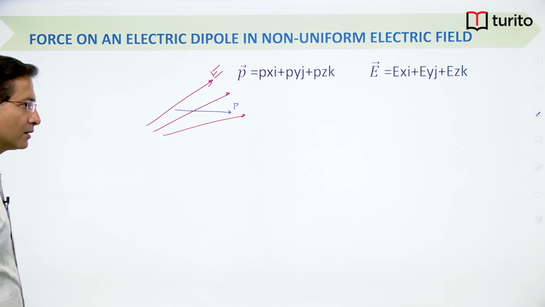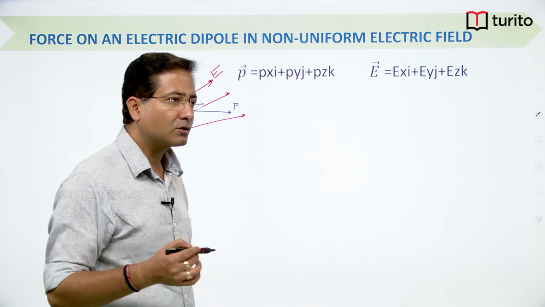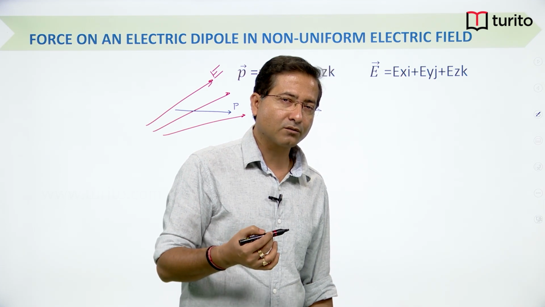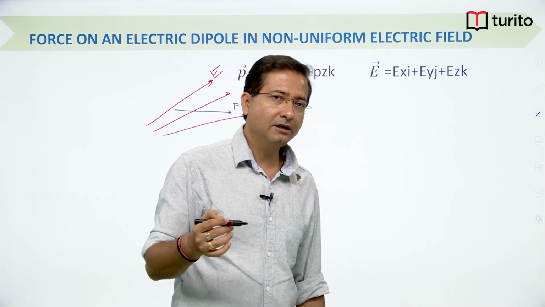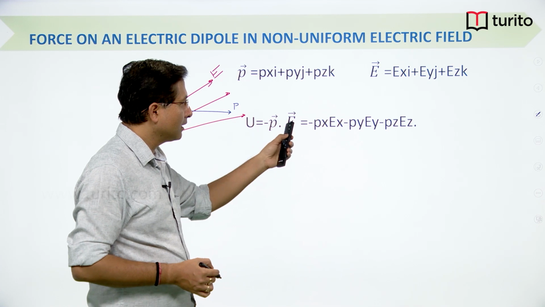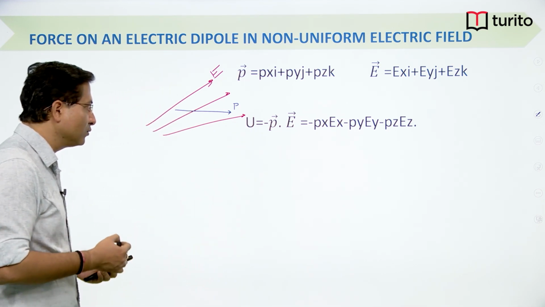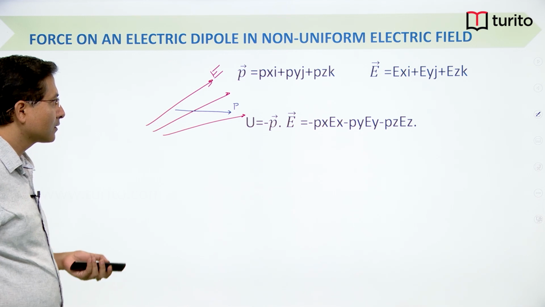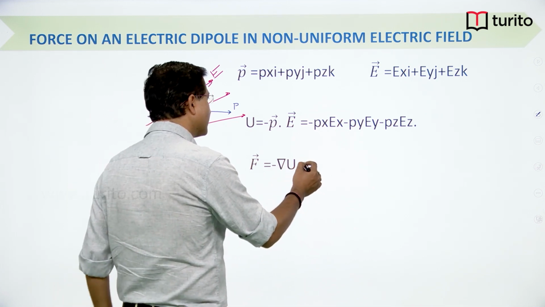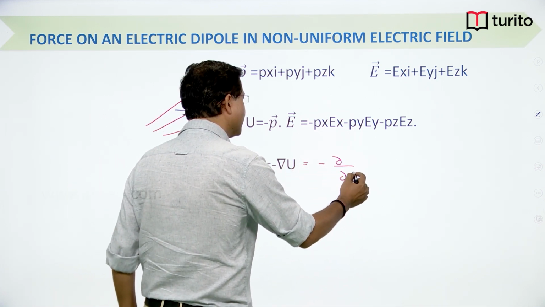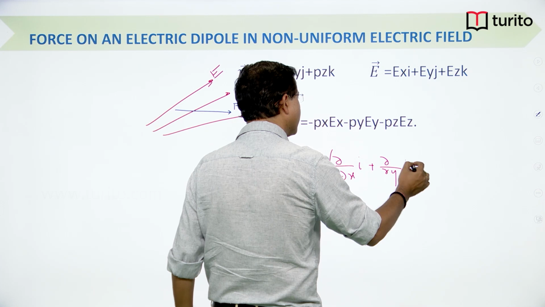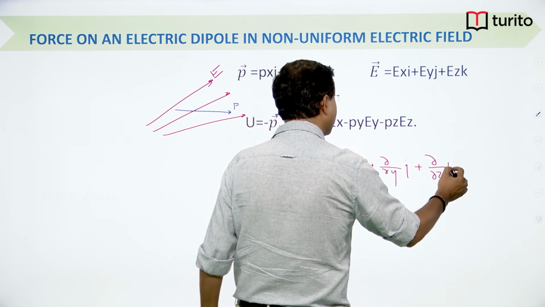We can easily calculate force using the potential energy expression, and we know the potential energy of a dipole placed in an electric field was minus P dot E. So if I differentiate this U with respect to r, I will get force. So for force I can write in this format, which is nothing but, as we have seen in the last class, d by dx i plus d by dy j plus d by dz k,